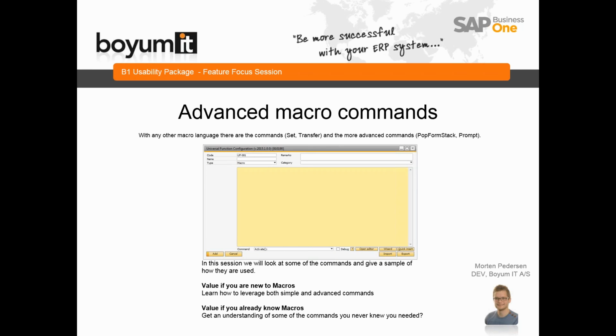Hello everyone and welcome to this B1 usability package feature focus session. Today the session is going to be about advanced macro commands. Like with any other language, the macro system has some basic commands like set and transfer, but it also has some more advanced commands like PopFormStack and prompt. In this session I'll be looking at some of the commands, and then I'll give an example of how you